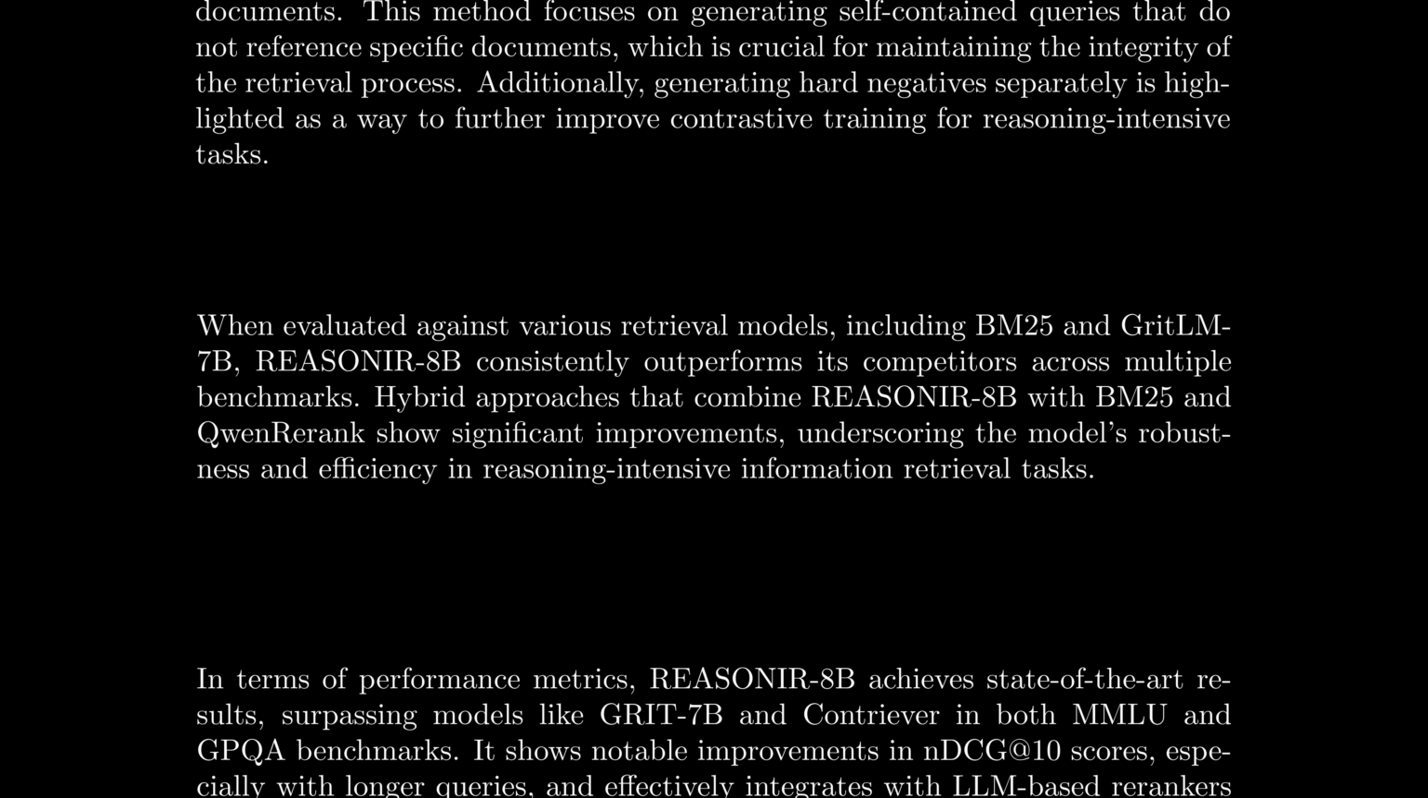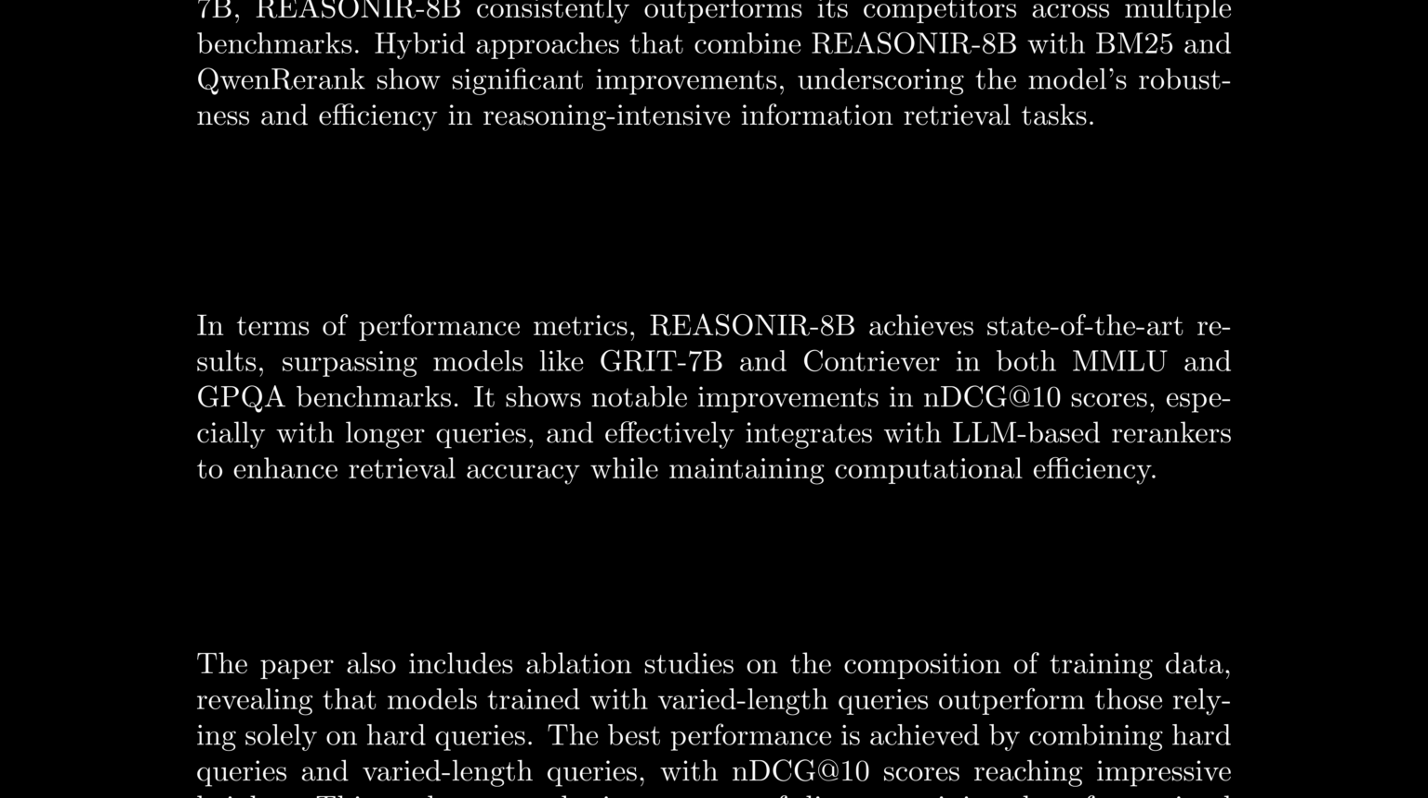When evaluated against various retrieval models, including BM25 and GRIT-LM-7B, ReasonIR-8B consistently outperforms its competitors across multiple benchmarks. Hybrid approaches that combine ReasonIR-8B with BM25 and Qwen re-ranker show significant improvements, underscoring the model's robustness and efficiency in reasoning-intensive information retrieval tasks. In terms of performance metrics,